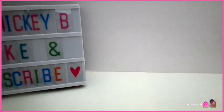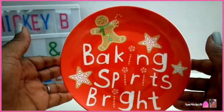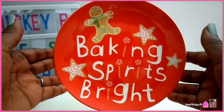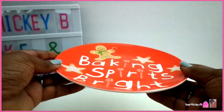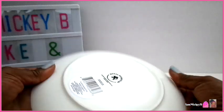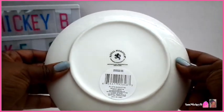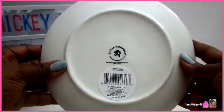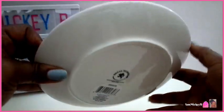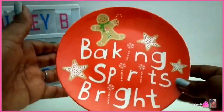Okay, in no particular order, we're going to first start off with this very cute baking dish for the holidays. It says Baking Spirits Bright. It's a cute little dish, one of the little dishes that a kid would leave out with cookies for Santa. It's made by Royal Norfolk. It's microwave safe, and it's not a small coffee cup saucer size, but like a small